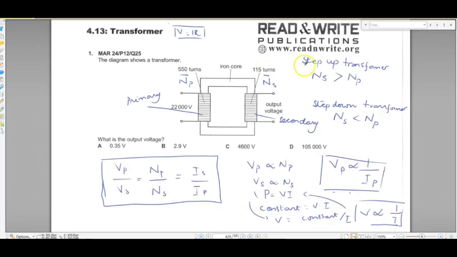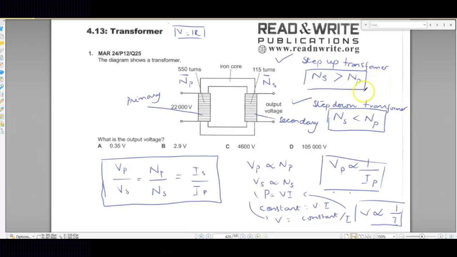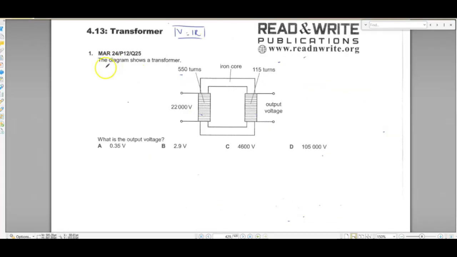So you must know what a step-up transformer is, and you should know what a step-down transformer is. What are its properties? Okay? The number of turns in the secondary coil in a step-up transformer is more than those in the primary coil, and in a step-down transformer, the number of turns in the secondary coil is less than that. You should know these two concepts and you should know these formulas. Okay? So you are going to inshallah do them with ease. Okay, now the area is cleared. Let's begin.